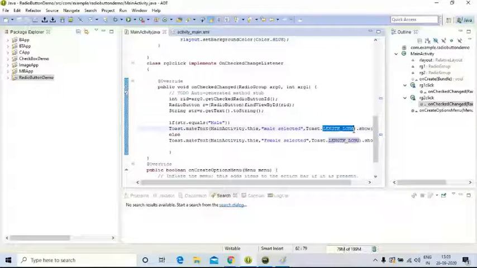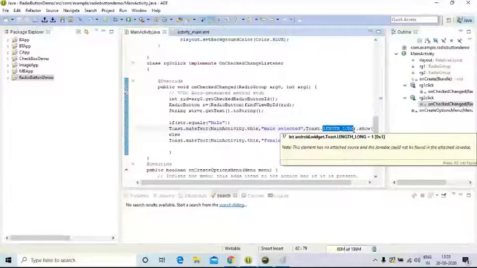Did you get it? Toast, T-O-A-S-T, toast. And everybody say, what is the use of the toast component? Toast is a class used to display a text message based upon our requirement. If you give length underscore short, it will be displayed for just 1 or 2 seconds. If you give length underscore long, it will be displayed for more time. It is like a pop-up, absolutely right, but it is not a pop-up. It displays the message for a few minutes if we give length underscore long.